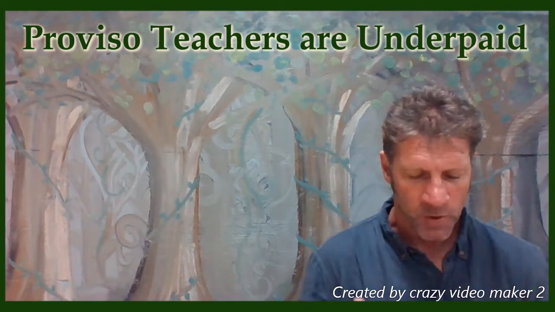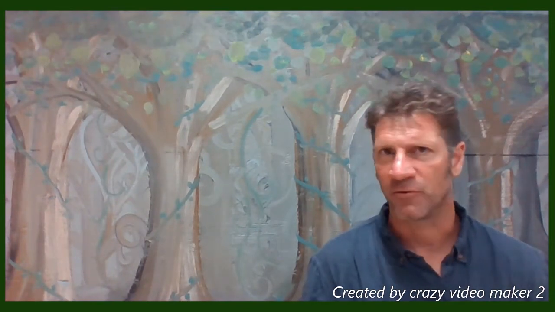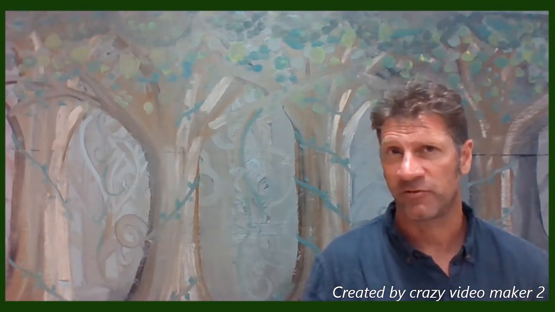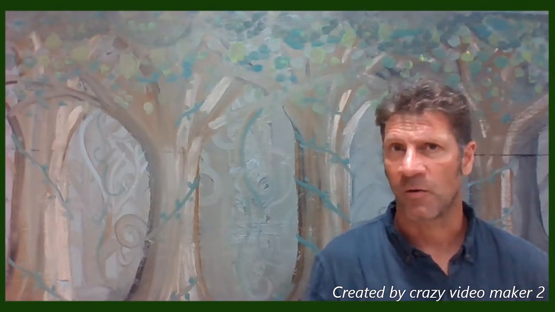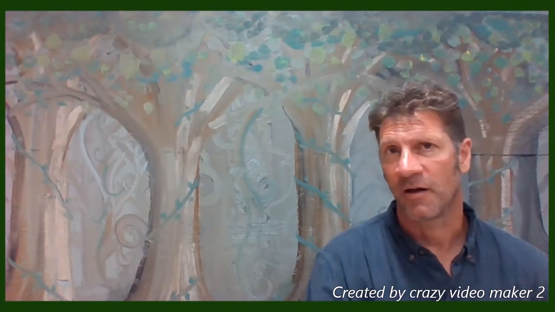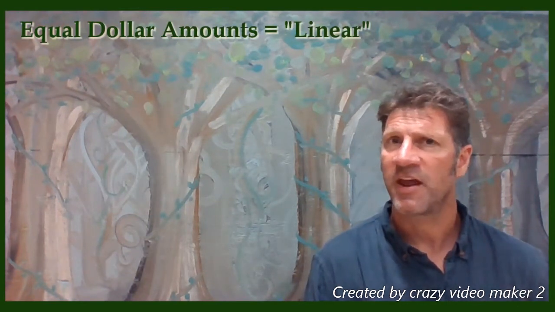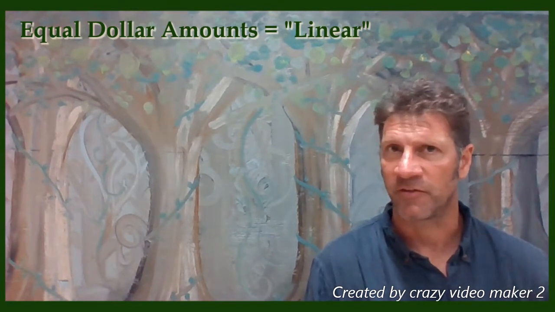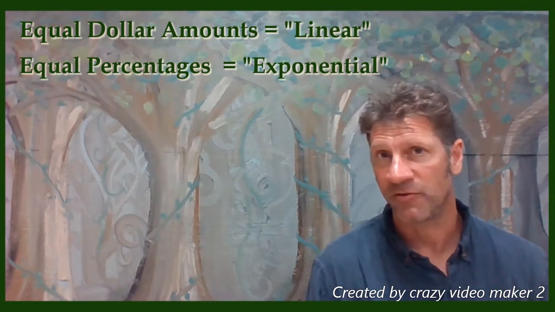So first off, when it comes to setting up a salary schedule for how you're going to pay a teaching force, there's a couple of broad models you could look at. You could choose, for example, that an extra year of experience entitles a teacher to a fixed dollar amount of extra pay. And so your salary schedule could go up in equal increments, giving you a straight line or a linear scale. Or you could say that every year entitles the teacher to an extra percentage increase, the same percentage increase going year after year after year. That one would be an exponential model.